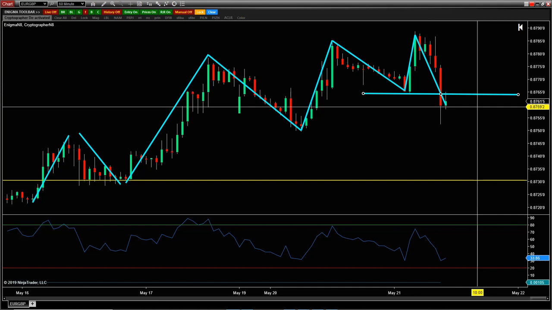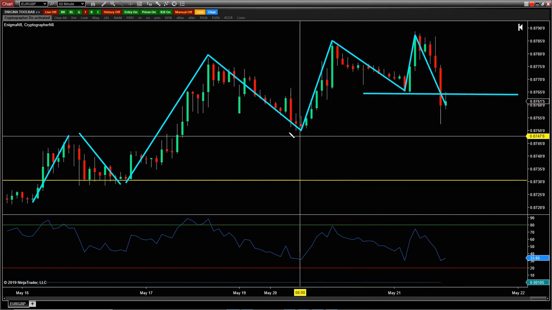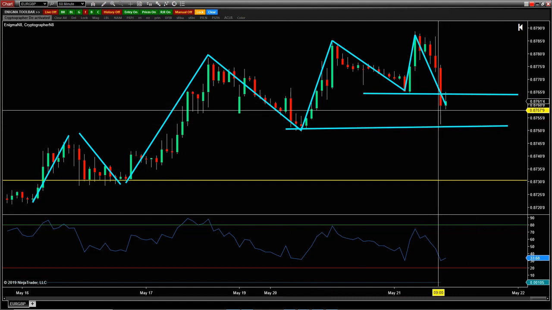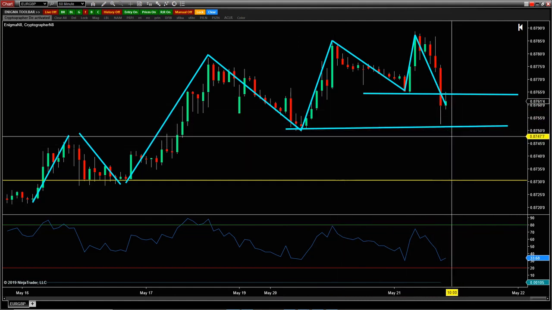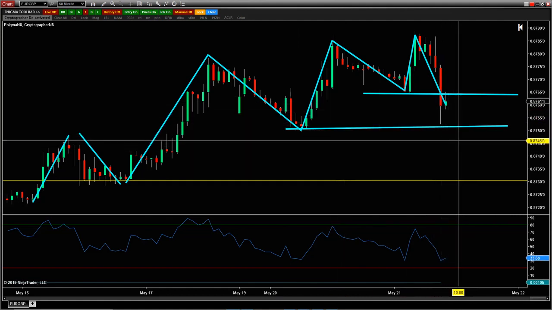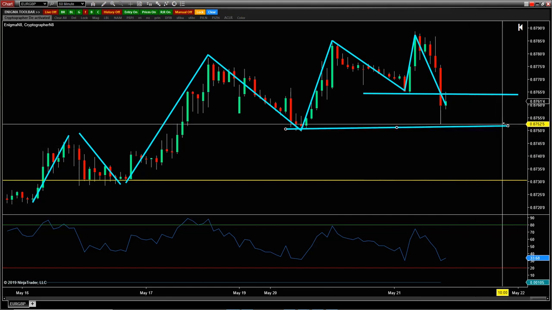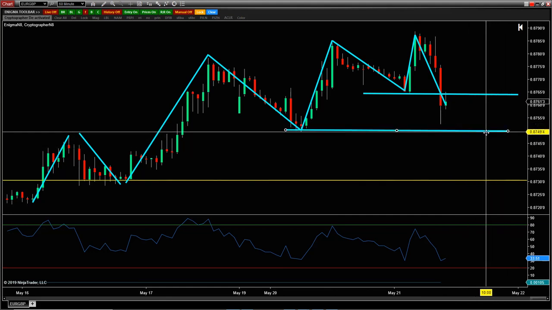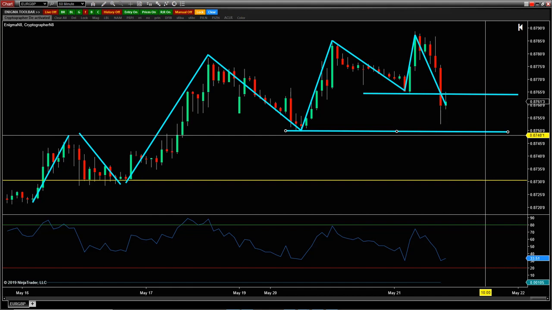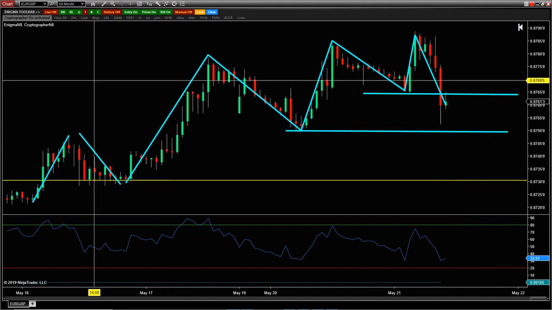But this is also what's going to happen when you have two levels of structure. One level of structure right here, you have another level of structure right here. So you're going to see some selling pressure at this level. But I think we break this level down here, this 87.50s. That's the one that you're going to want to see a break of for that continuation downward. That says divergence as well.